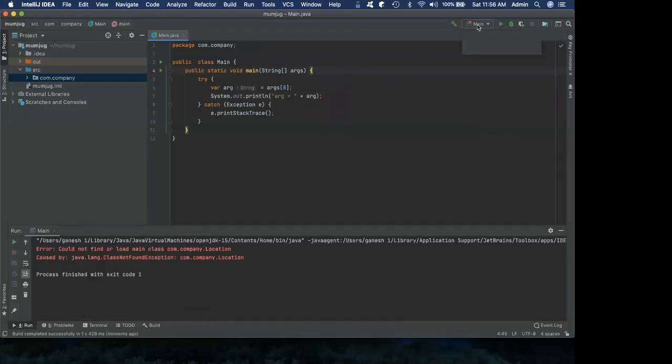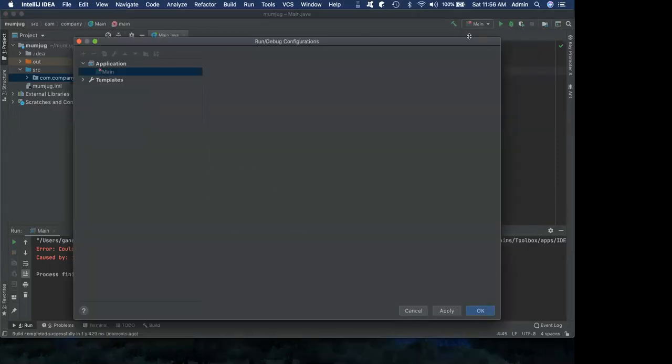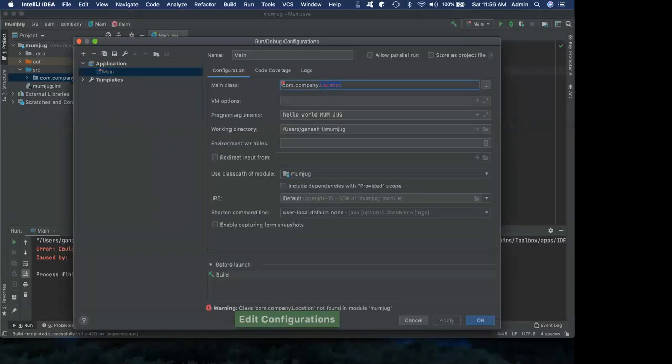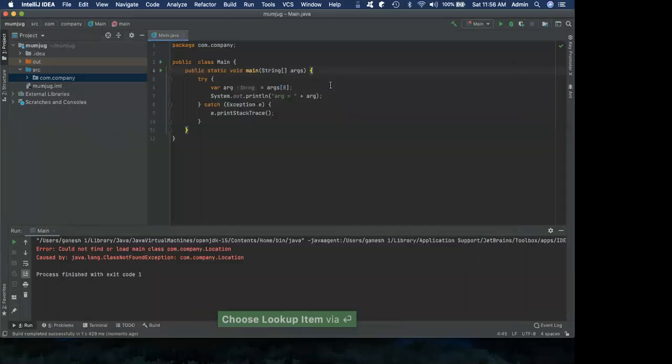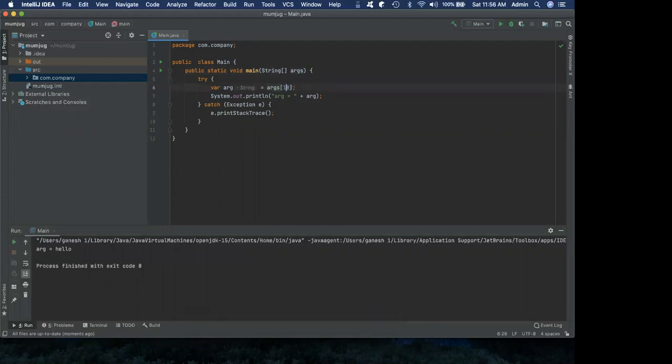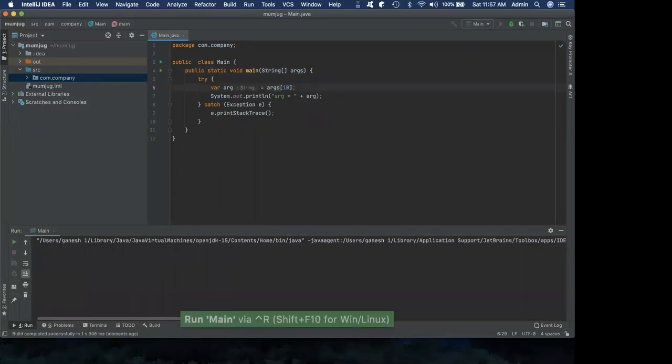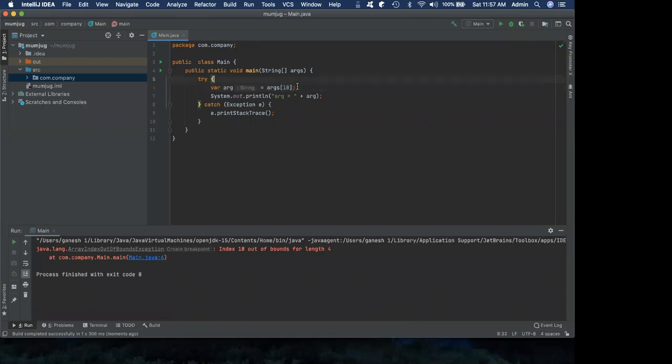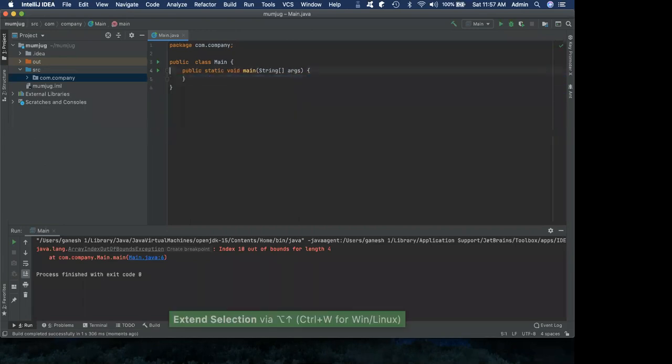Okay, I changed my configuration. I'm sorry. I'll put this back again. So yeah, I think I have passed it. So let us access something that is not there. And you can see that the exception handling got invoked, right? So I did that through these postfix templates, right? So you can try out more postfix templates on your own.